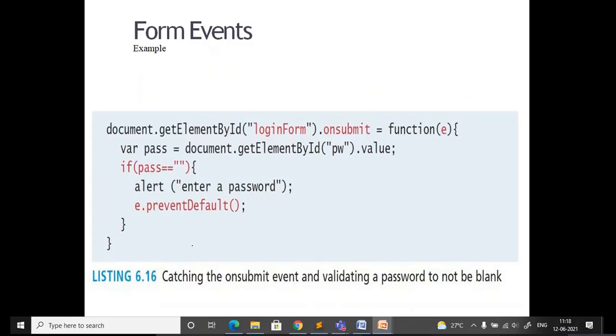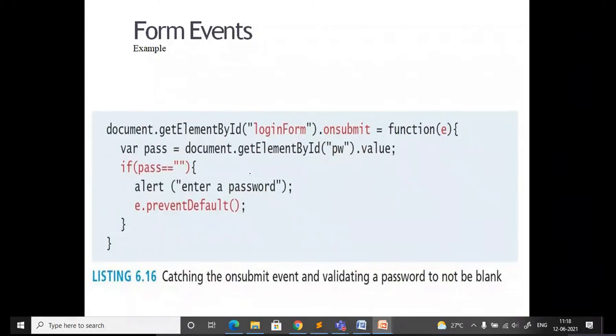Whenever you click on a submit button, it has to validate the fields that are entered. Okay, so validating that the password is not blank. That means if you submit without entering the password, it should raise a function indicating to enter a valid password. Okay, so that is an alert message.